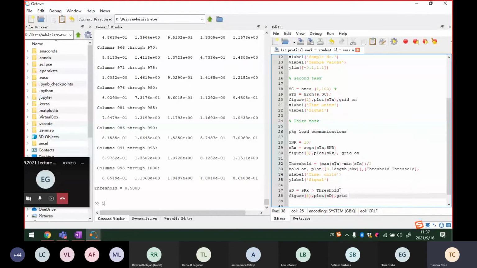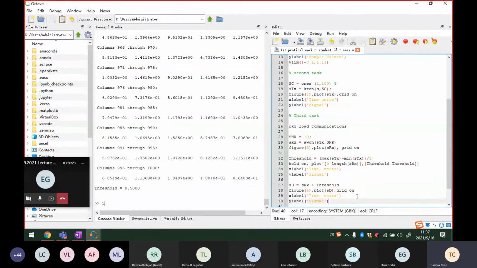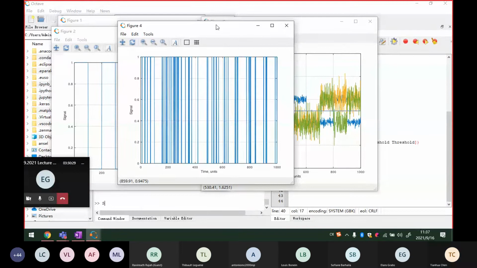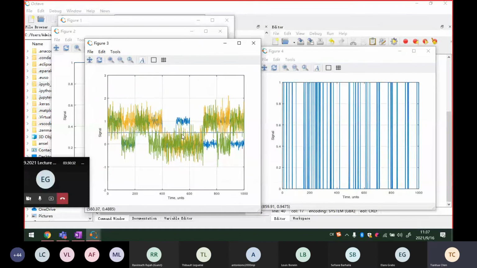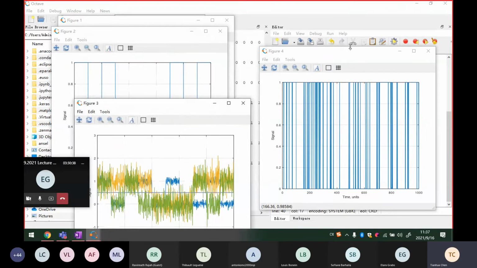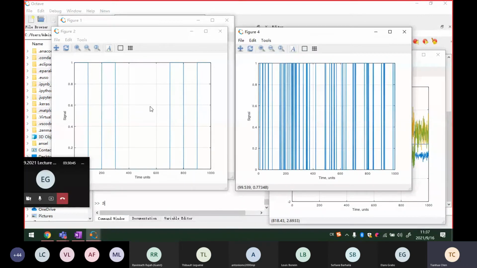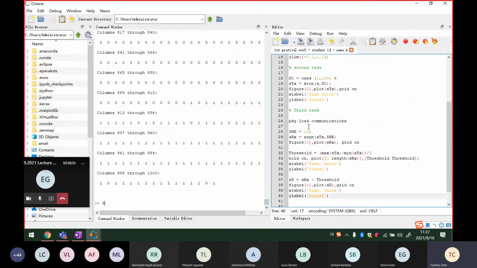Great. We just copy here the x, y labels, they will be the same. Now we can see here, this is the detected signal, and for the noise 10 it's really bad. Figure 4 is the received signal, and figure 2 is the transmitted signal. We can see there were lots of mistakes here. But if we change the signal to 20,